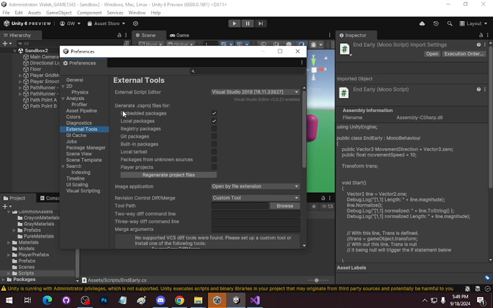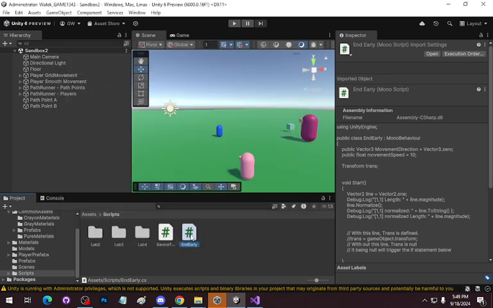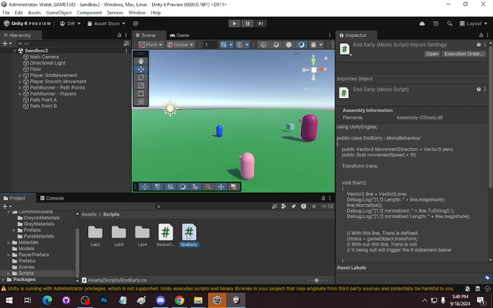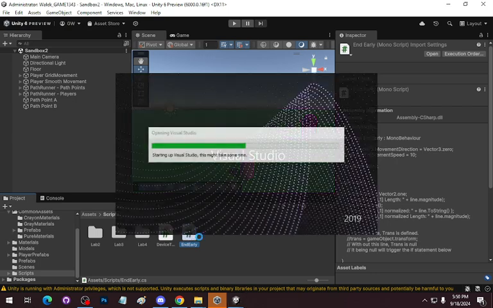When you do, it's like, hey, generate project files, local things. Make sure you click Regenerate project files. I usually do it twice just for the sake of it. And then you can close this. And once you've done that, make sure we close Visual Studio now. Now when I open the script through Unity,